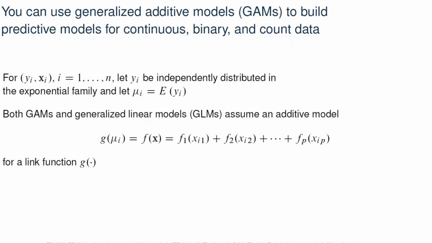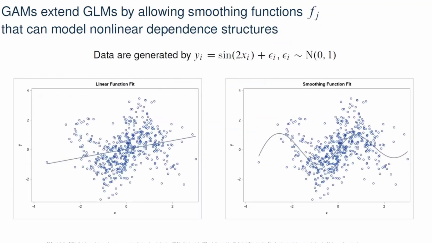Like a generalized linear model, or GLM, a GAM models the mean of the response by using a link function g and an additive model comprised of component functions f1 to fp, each a function of some predictors x. As the name implies, a generalized linear model further assumes that each of the component functions are going to be linear. GAMs extend GLMs by allowing the component functions to be an arbitrary smooth function, typically estimated by using splines, which allows for increased flexibility in terms of how you can model that mean of the response when there might